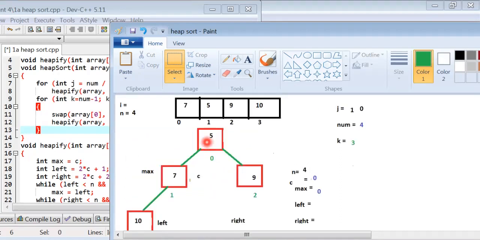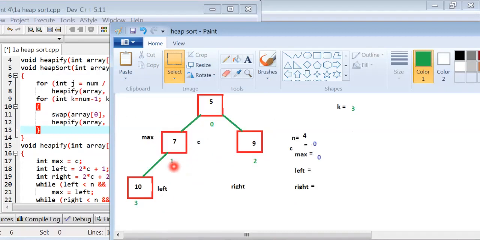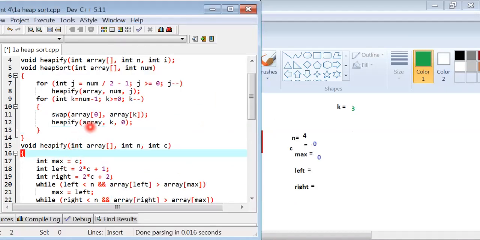The values are swapped, and after swapping we call the heapify function.